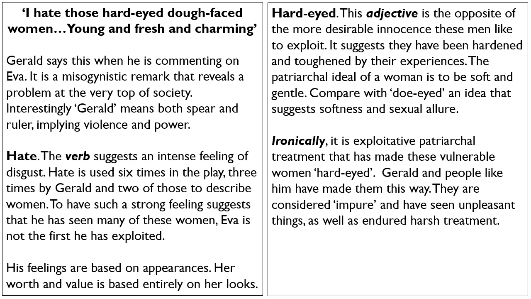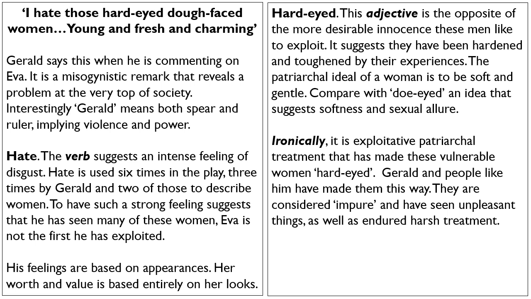So when he says this, it is a deeply misogynistic remark, a remark that reveals that he doesn't treat women or think about women as his equals. Now that's a problem because Gerald's a member of the aristocracy, the upper class, and if he is looking down on others and seeing people who he believes to be less than him, it reveals quite a lot about Priestley's